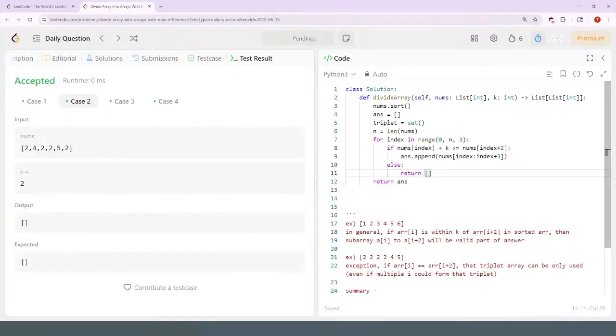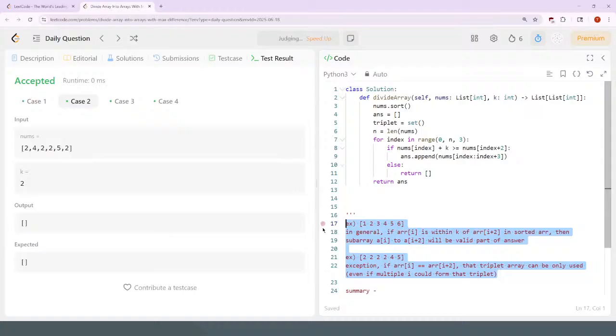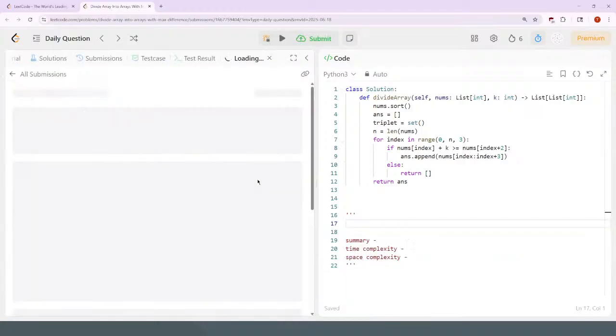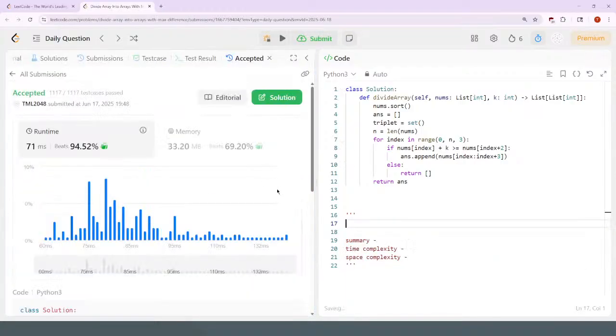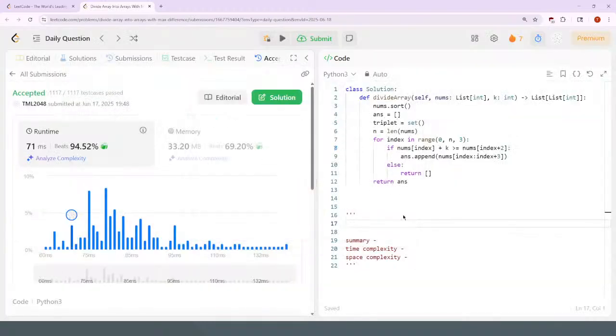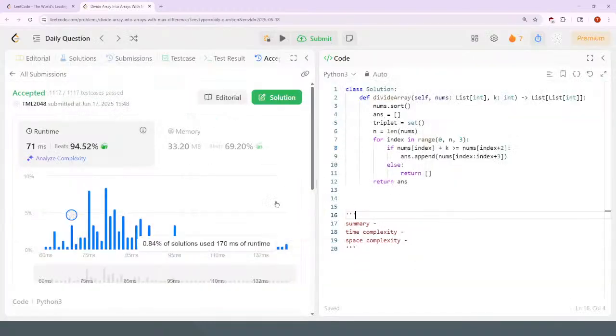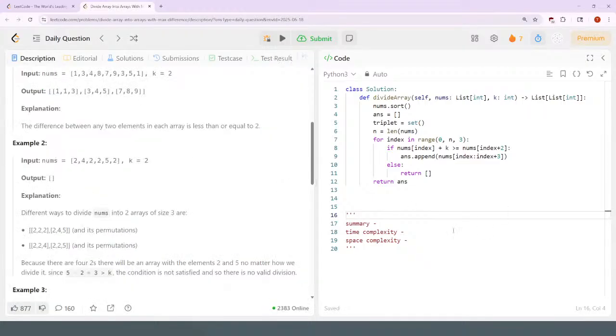Okay, well, this test case was not even necessary. I don't know why this was set up the way it was. Okay, anyways. So summary,